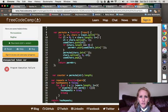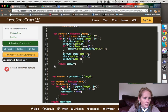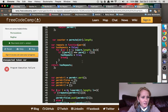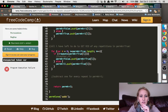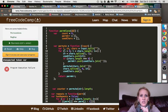Oh, chars equals length. Because that, let's see, is chars defined as, down more, I saw length. Sorry, chat, the lag here, it's hard. You need to assign a value to string. String is the input value, though, right? Because of the original, oh, maybe not. Yeah, because of this string,